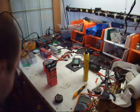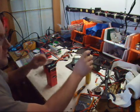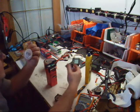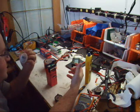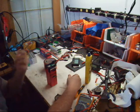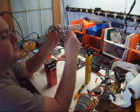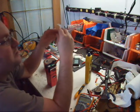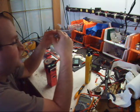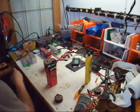Alright, now I've cleaned out my joints with solvent to make sure there's no fingerprints or grease or marker marks or any of that. I'm using regular Kester solder. It's 60-40 mix, 44-66 actually. I bought the zinc stuff meant for RC packs. I found this stuff very difficult to work with. It's a higher temperature for melting it, and it's more difficult. Regular solder works fine so far. I haven't had any problems. So with that in mind,